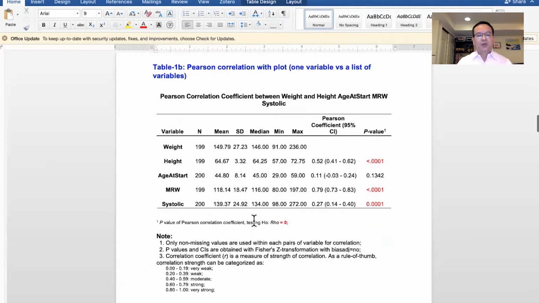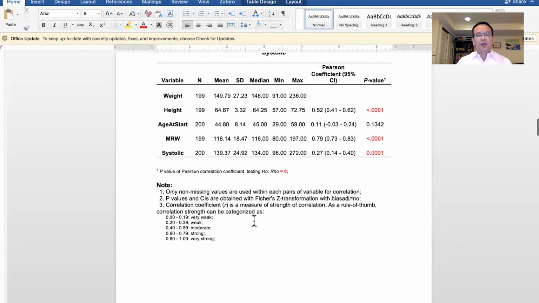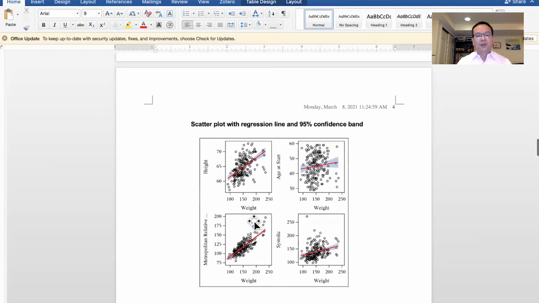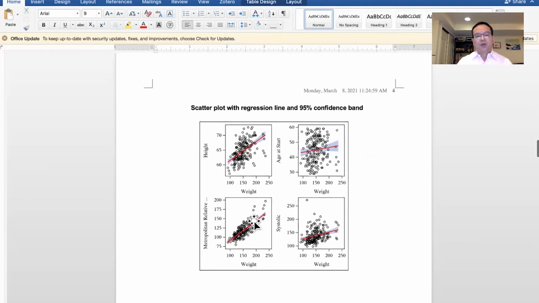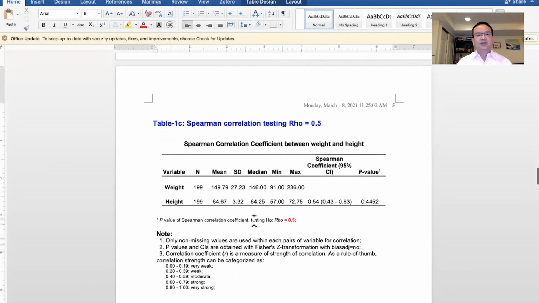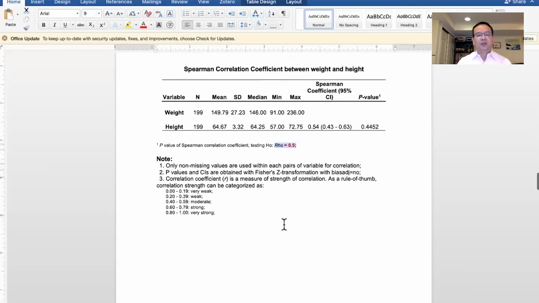And if I have multiple variables, then everything will be in one table, and it's going to provide you a panel scatter plot if you have multiple variables. And this is a Spearman correlation coefficient. And this time, I test the null hypothesis R equals 0.5. So you can see the p-value is different.